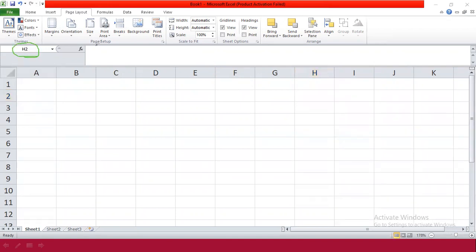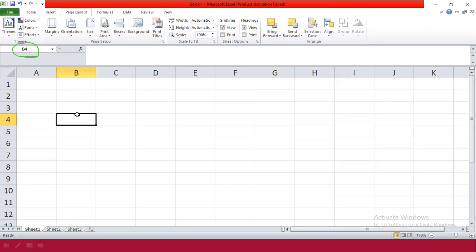I'll change the cell so you can easily identify this. If I click here, what is this? F3. This is D1. This is A4. The combination of column and row becomes a cell, and cell reference is the name of that cell. Each cell has its name. How is this name created? With the help of column heading and row heading. First it arranges the column and then the row. So it is B5. This is F1. This is B4. Got it? So this is cell reference.